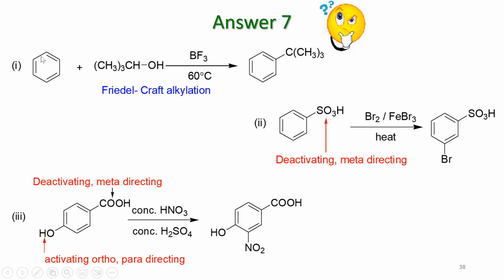So with benzene, you can attach the substituent to any position. But when you have substituted benzene, as I said, this is deactivating and meta-directing. This compound, deactivating and meta-directing. And OH is activating because oxygen has lone pairs of electrons, they can be donated to the ring, right? So that it can activate the ring. Now this is deactivating because